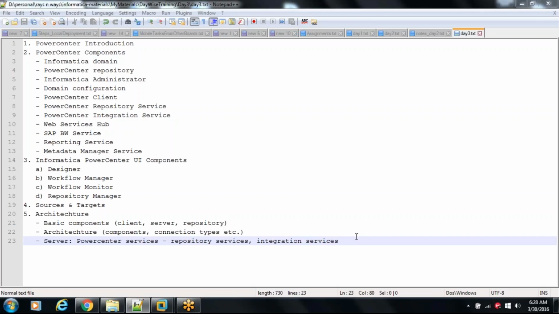So let me know if you can see the screen where I am showing the notepad with the agenda